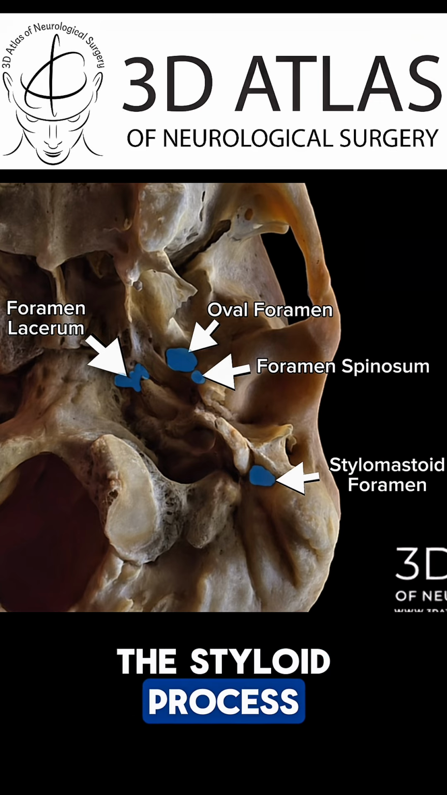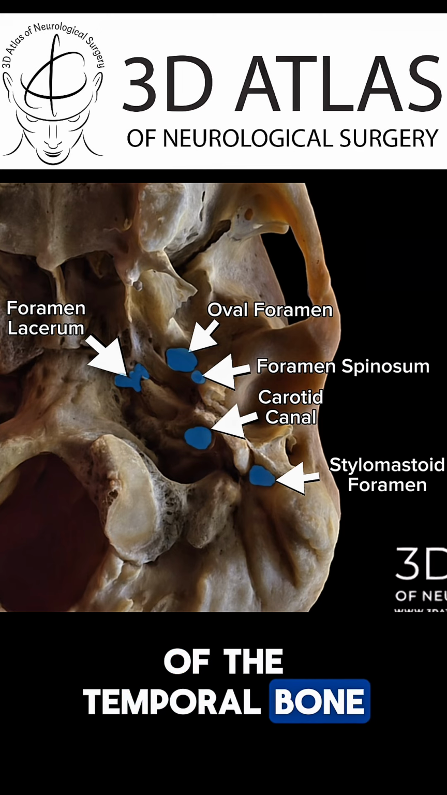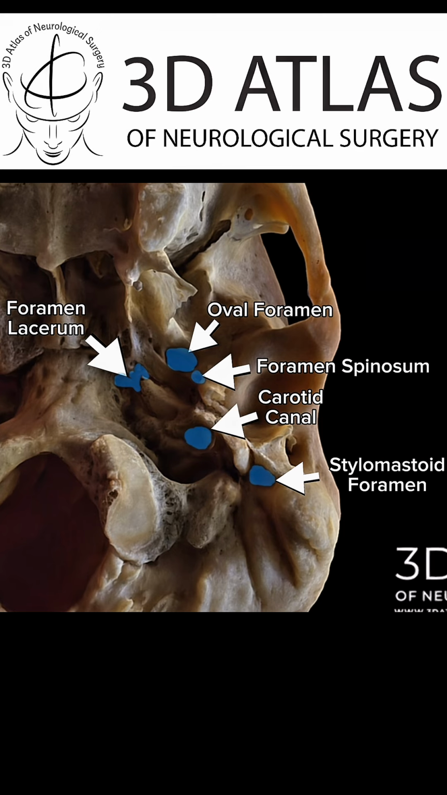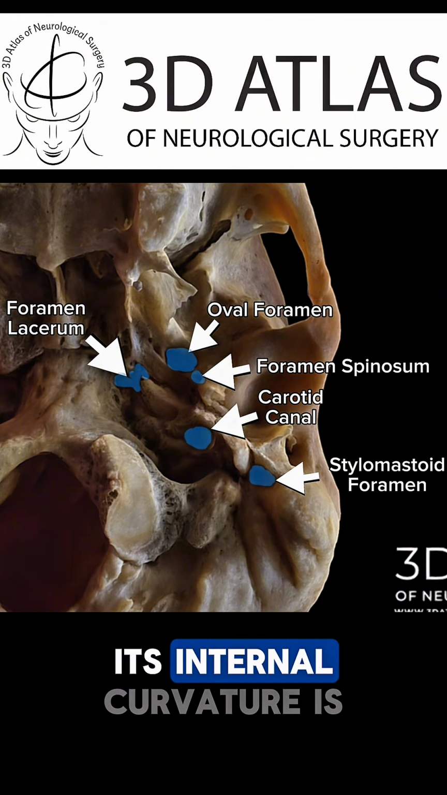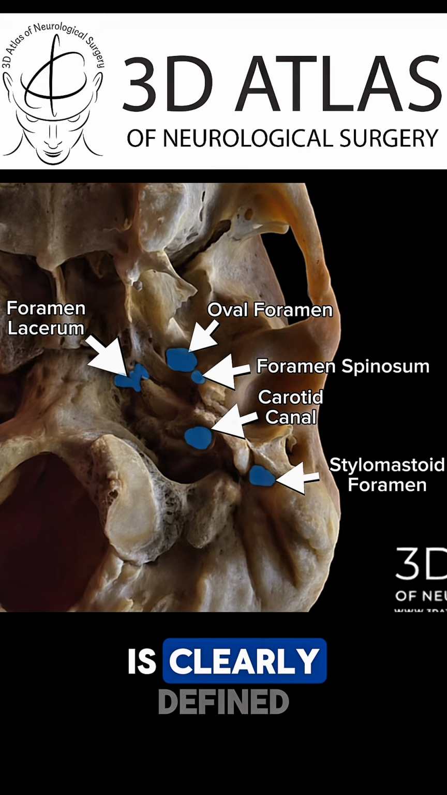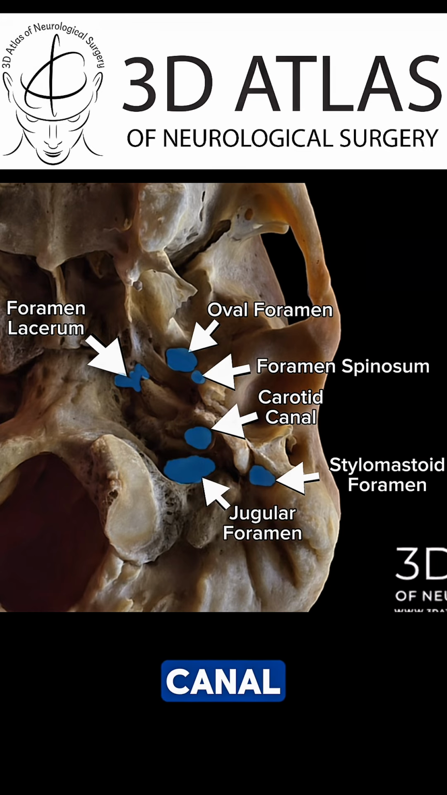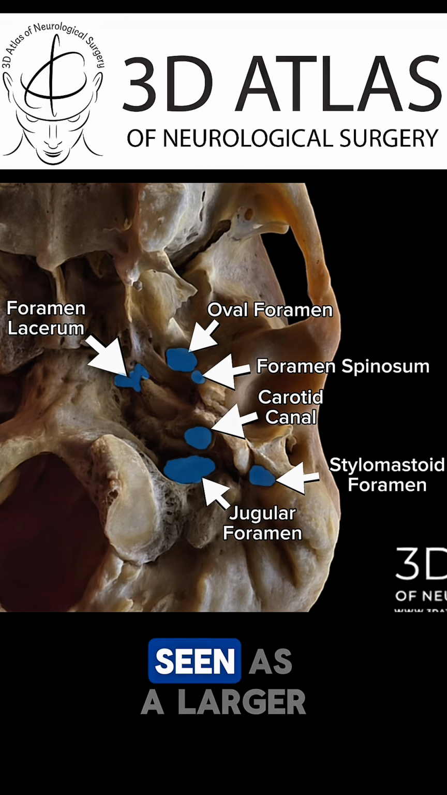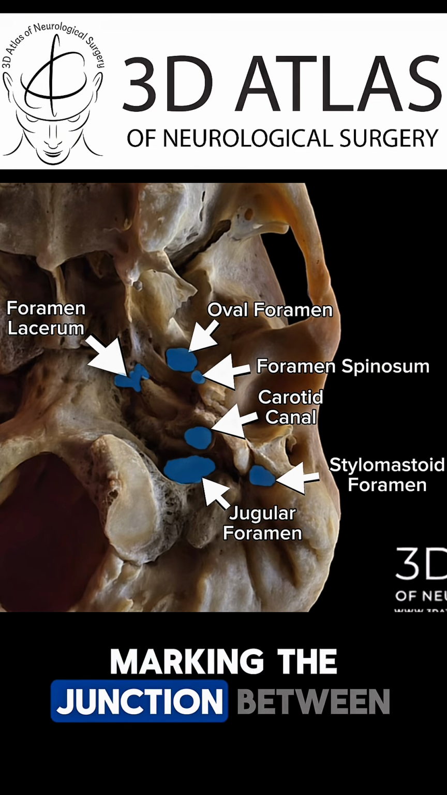Anterior to the styloid process, on the inferior aspect of the petrous part of the temporal bone, is the carotid canal, visible as a round opening directed anteromedially. Its internal curvature is not visible here, but the external aperture is clearly defined. Posterolateral to the carotid canal, the jugular foramen is seen as a larger, irregular opening, marking the junction between the